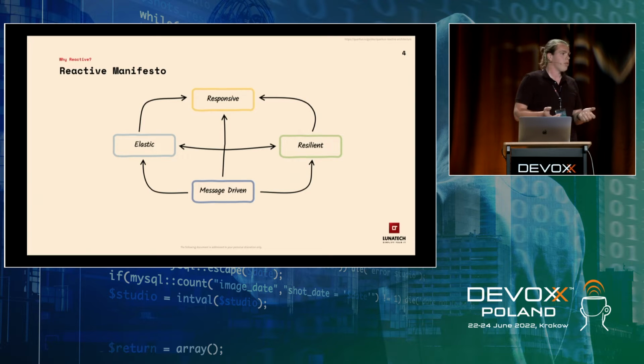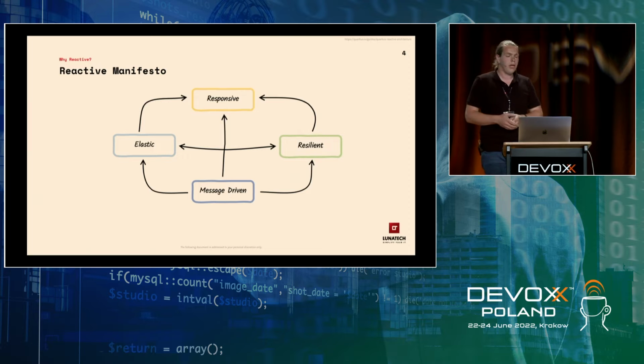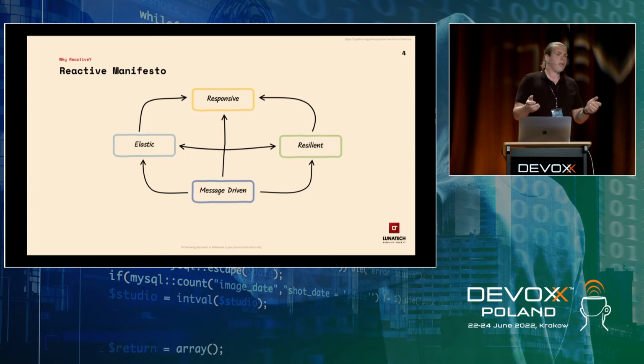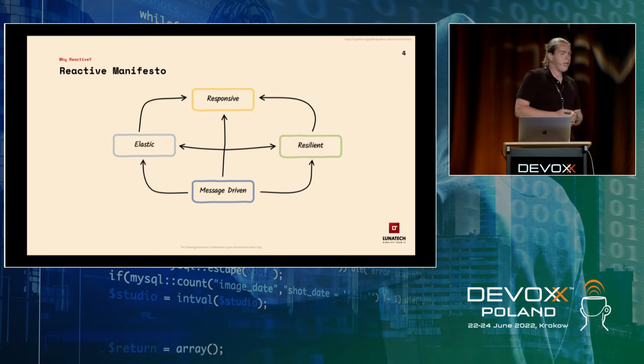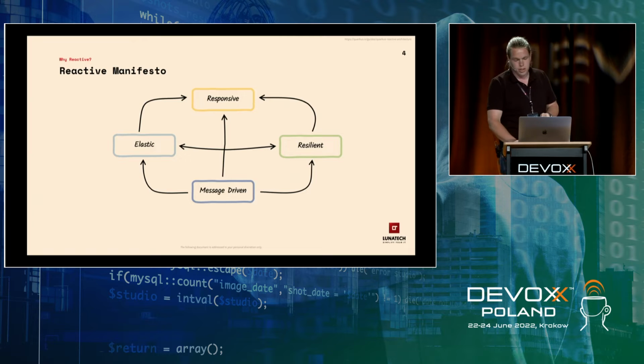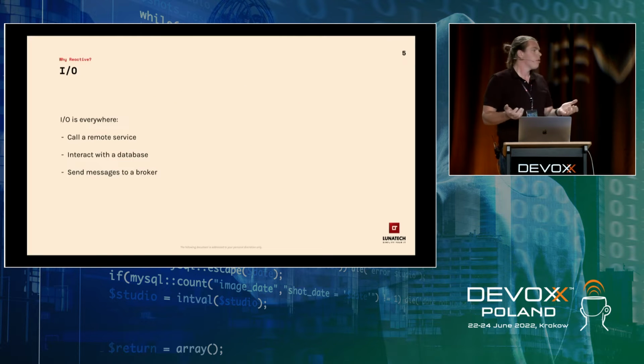To be able to always serve a response, we need to be elastic. So we need to be able to scale, have multiple instances running, not just one. And we have to be resilient. So what happens if something terribly goes wrong? We just don't want to time out. We will probably want to show a nice message to the user, like, hey, this thing went wrong. Can you please give it another try? You can read more about the Reactive Manifesto yourself if you want, but that's a bit why you want to be reactive.